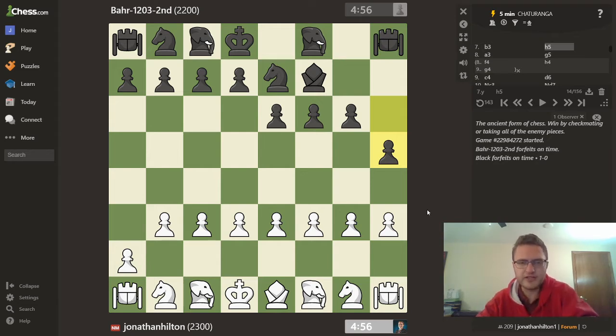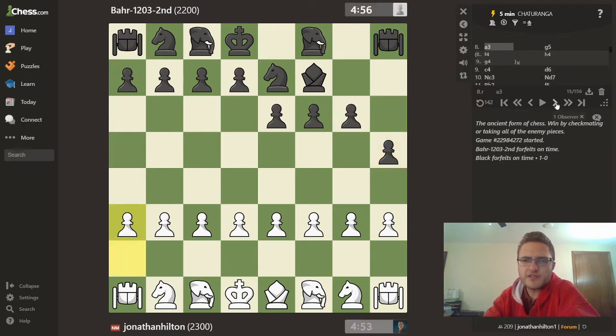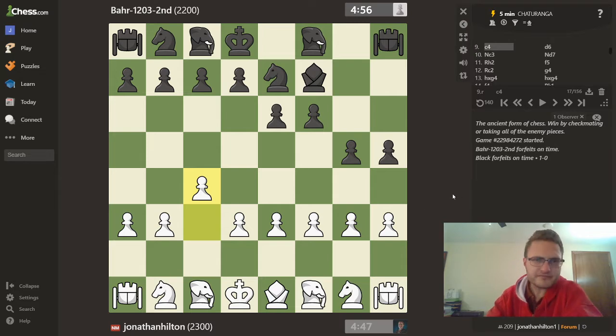But did I want to do that? No. Why didn't I want to do that? Well, I wanted to go for the maximum kind of interesting game that I could. So I went for pawn to c4, but I would say don't try this at home. So pawn to c4,